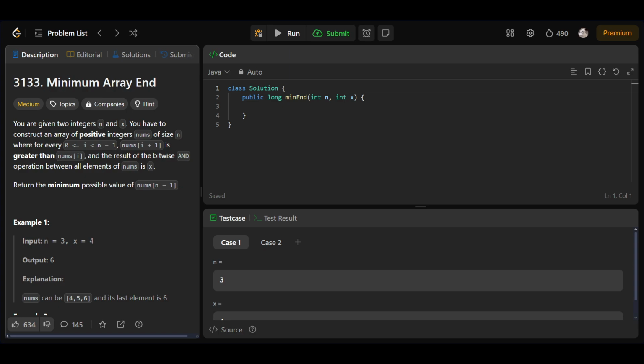Hello people, so today we'll be solving the LeetCode daily question, that is 3133, Minimum Array End. In this we are given two positive integers n and x, and we have to construct an array of positive integers nums of size n,